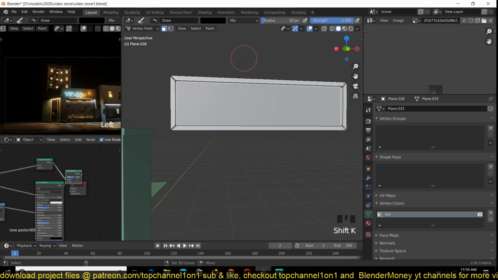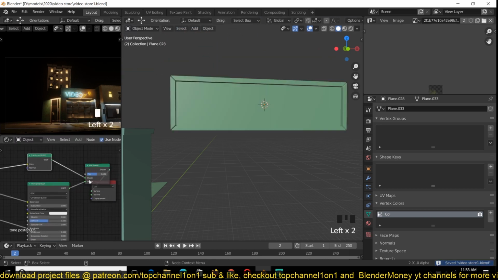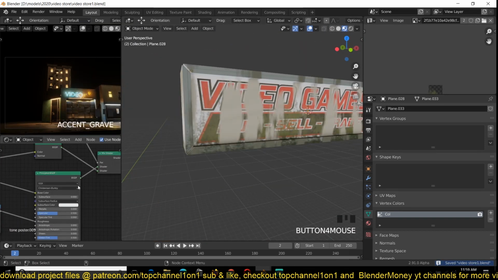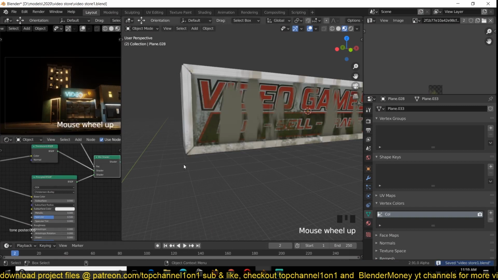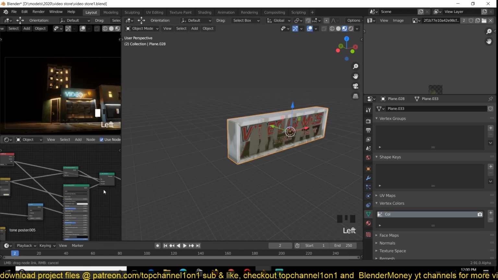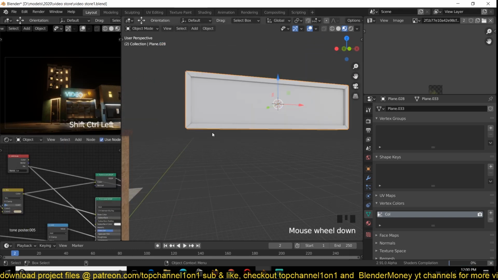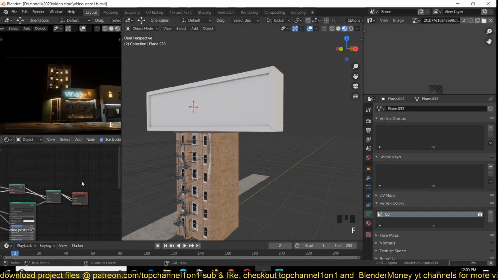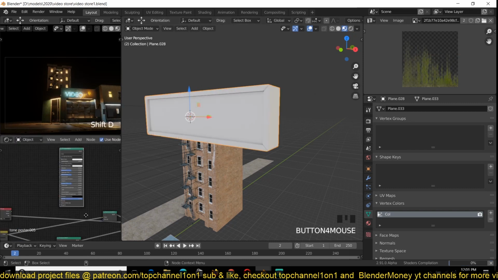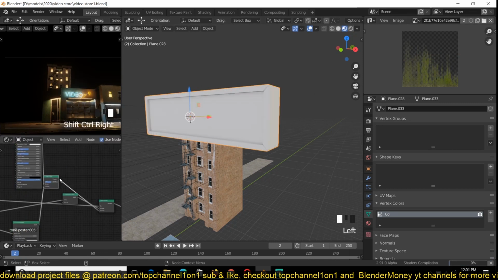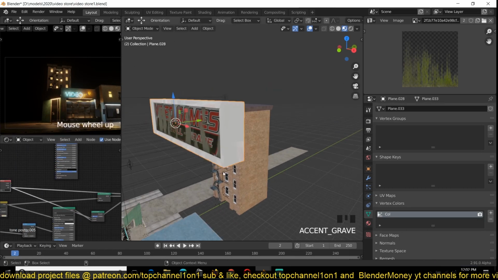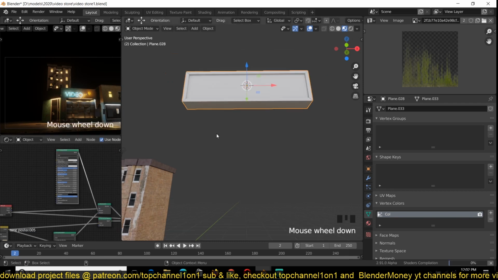So yeah, I'm using vertex paint to select out the area, because I wanted the back of the sign to be metallic, and only the area where the banner is to be non-metal, and also translucent. So I'm using vertex paint to create a mask for that area. And here I'm preparing the shader I'll be using for that area. I want that area to be metallic, so you're going to see me creating